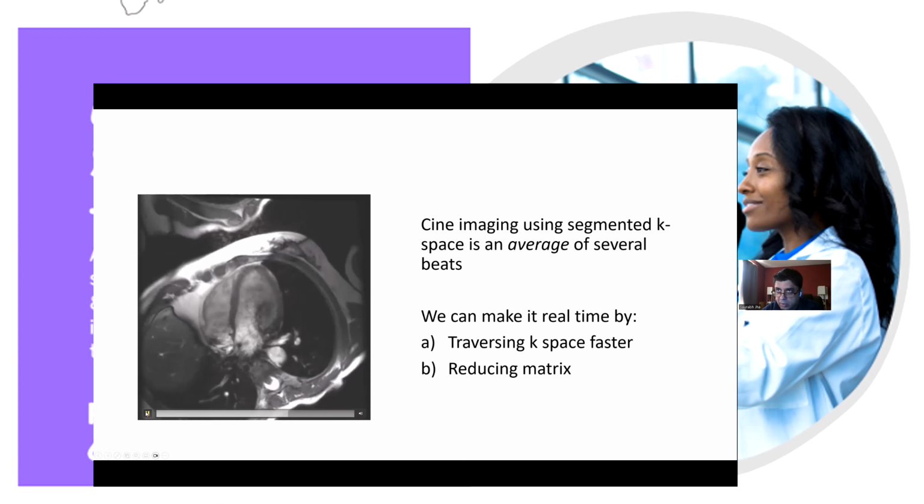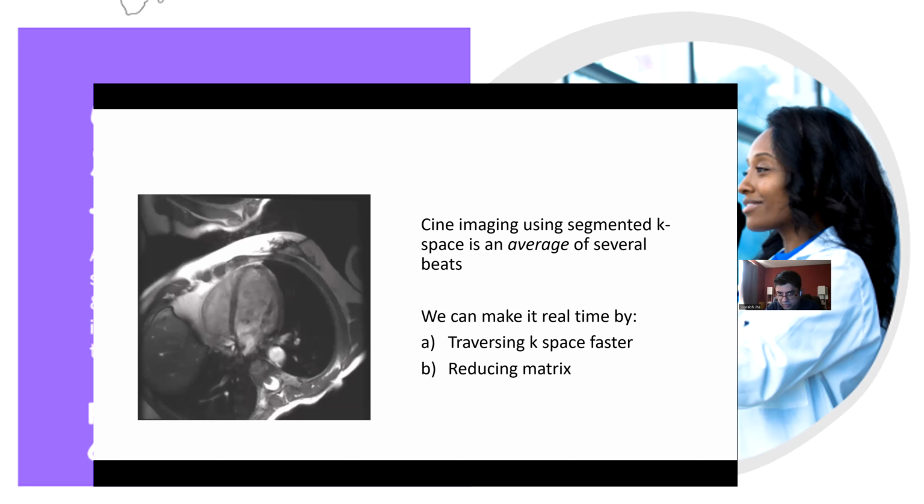So how do we deal with this artifact? One way of dealing with the artifact is dealing with the patient's heart rate, which is not always easy when you're at the scanner and you're a radiologist who doesn't really know much about dealing with heart rates. We can make it real time, meaning make it as true to the actual events as they're happening. Real time doesn't mean live, real time just means whatever happened, you captured it to its greatest fidelity to how it's happening. We can do that by